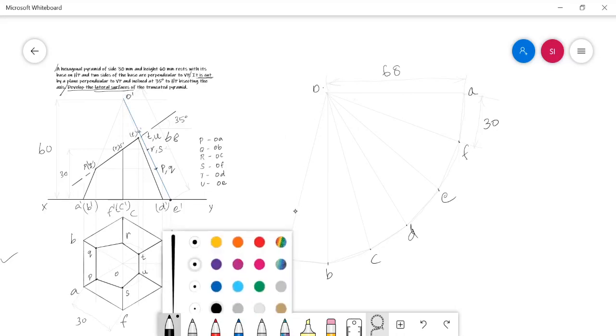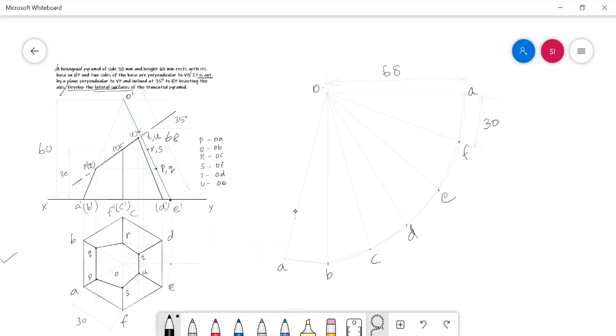Here I have to mark the point P, here and there. It is in two places, and here and there I have to mark the point P. In the same way, I have to mark the point Q. So I have to measure the distance from O dash to Q in the true slant length line, and then I should mark it in OB.